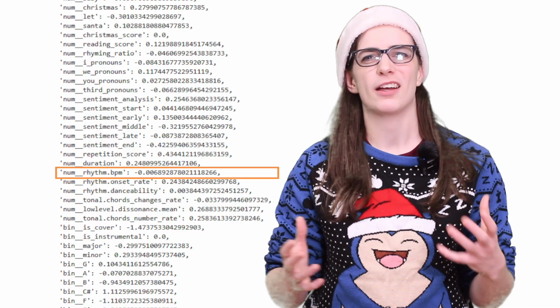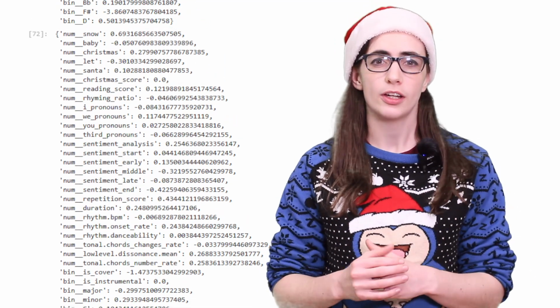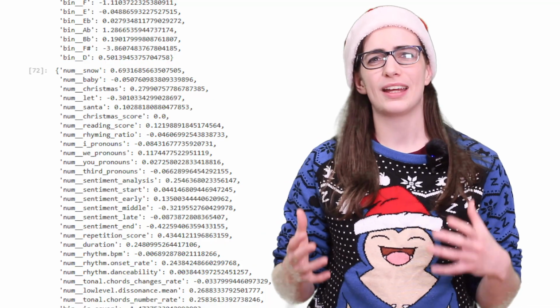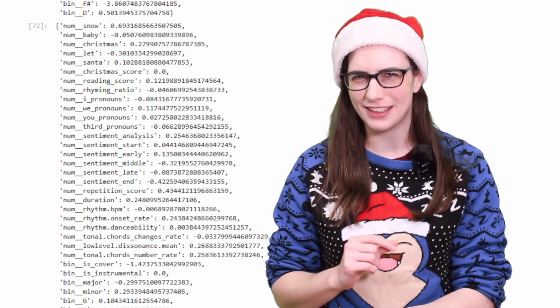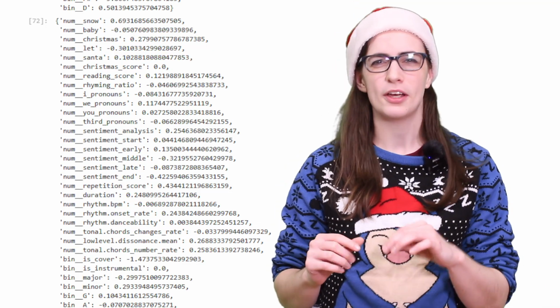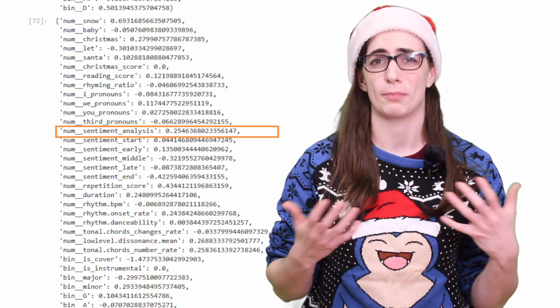The model gave me round about 0 for BPM, so we take the average of the data set, which comes out at 125. For pronouns, it was pretty neutral. It had a slight preference for we, and that's pretty lovely, isn't it? The stuff that gets really interesting is when it comes to sentiment, because unsurprisingly, the model said that the song should be pretty upbeat, it should have a pretty positive sentiment.